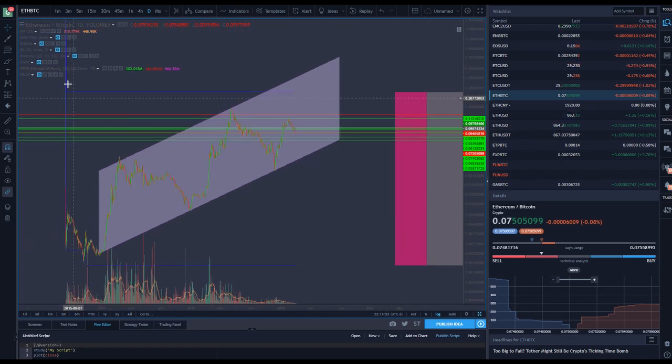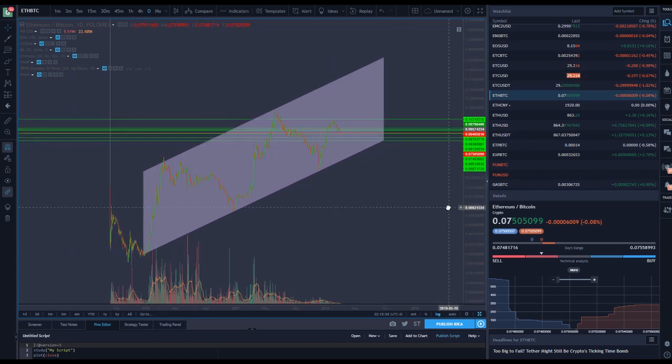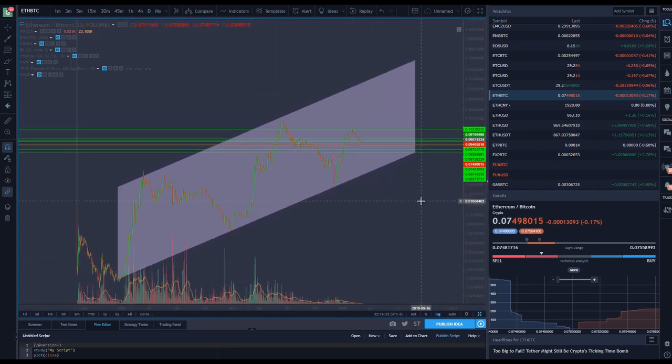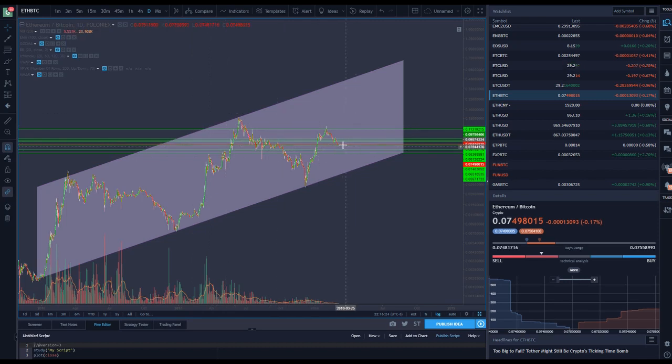Not too sure why this is here. Let's hide it. And it's in a big channel. So this is from 2015, and I'm using the 1 day chart, and this is 2018 to now, and it's in this kind of oscillating wave motion right now, and it goes to the bottom, goes to the top, and then does the same thing over again. So right now what I'm expecting to happen is that this will then touch the bottom of this channel,